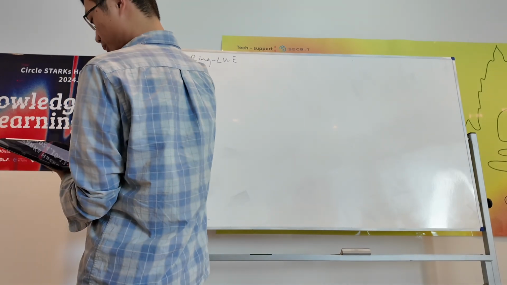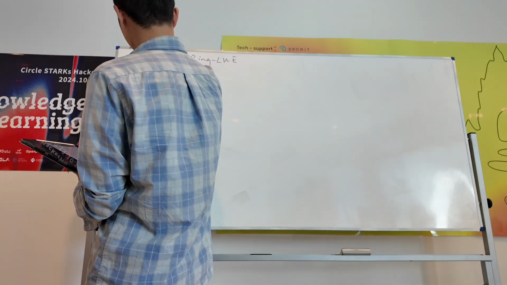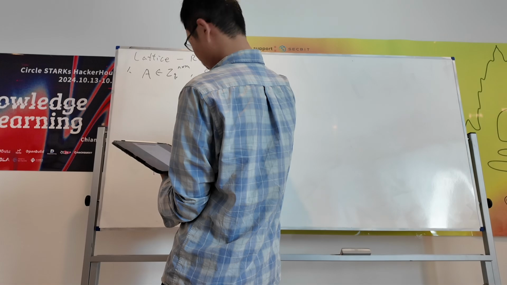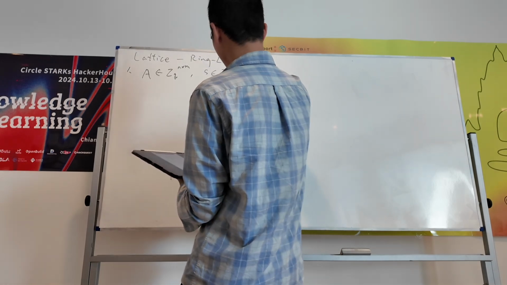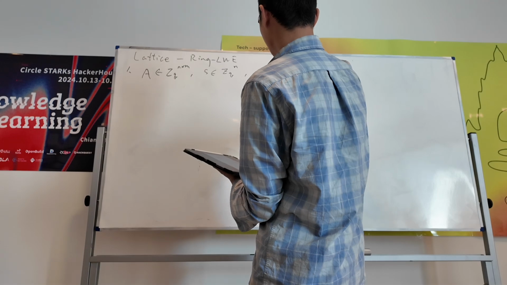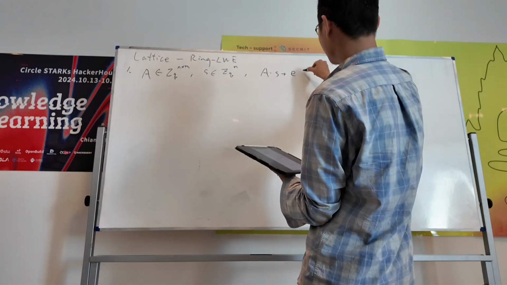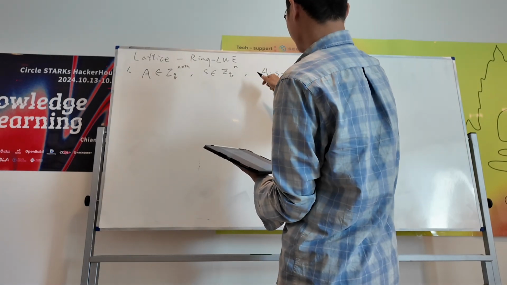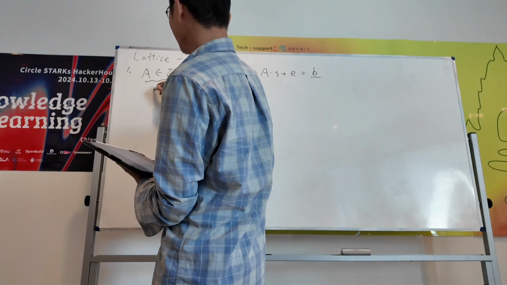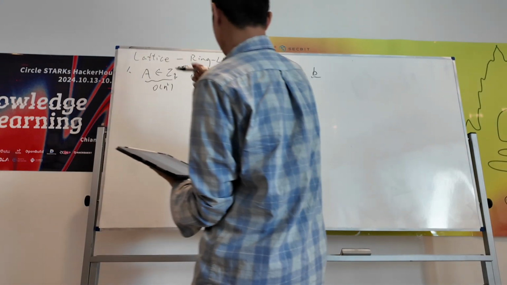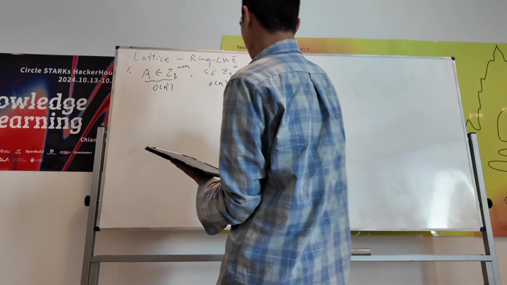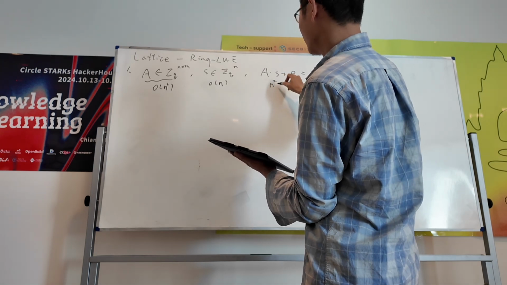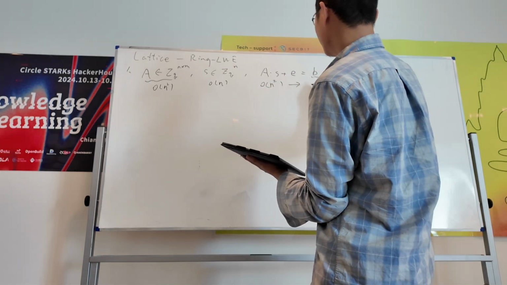In standard LWE, we have a public matrix A and a secret vector S. And we do a multiplication and inject some noise to get a pseudo-random result. Note that A is represented by n squared elements, S is represented by n elements. So here we start from n squared elements